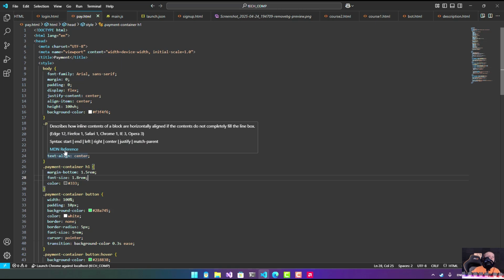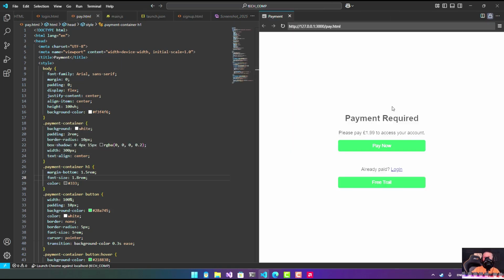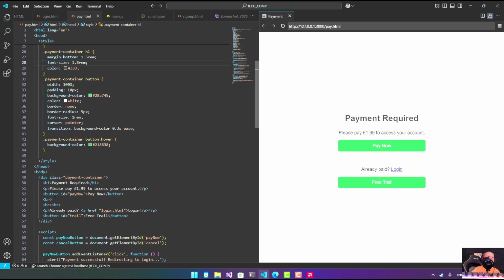Now we've got the payment container. So this is over here. This whole white box, that's the payment container. And then we've got all of this. So it's all styles. And then we make a div,